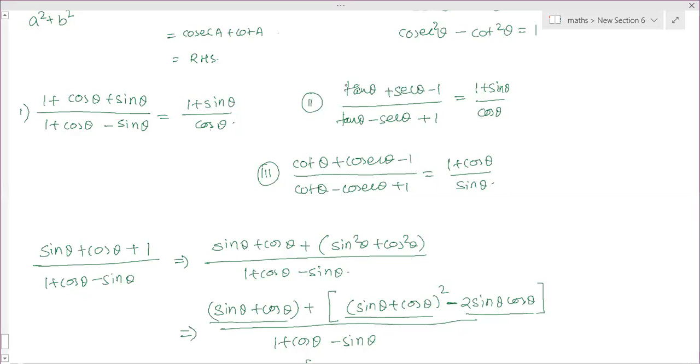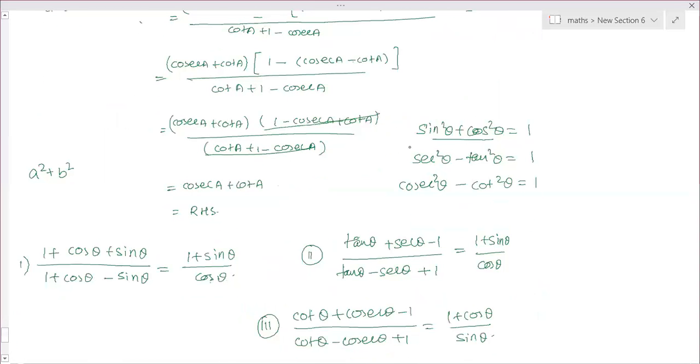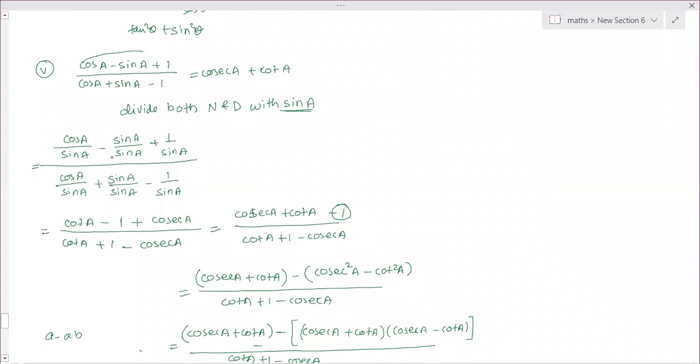So if the trinomial is in the form of tan and sec, then replace 1 directly with sec square minus tan square. And if it is in the form of cot and cosec, you can replace the value of 1 directly in terms of cosec square minus cot square. But in terms of sin and cos, you cannot use sin square plus cos square, because there is a plus sign. We cannot factorize further easily. So therefore, we need to convert sin and cos in terms of either sec and tan or cosec and cot, depending on RHS. So here RHS was cosec and cot. So therefore, I have converted into cosec and cot.